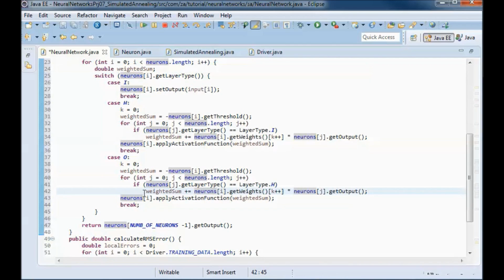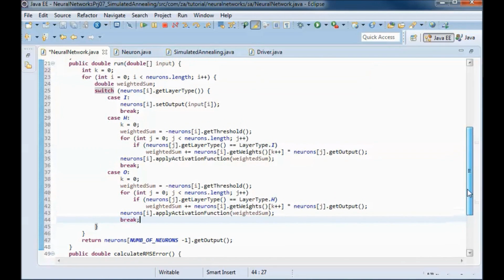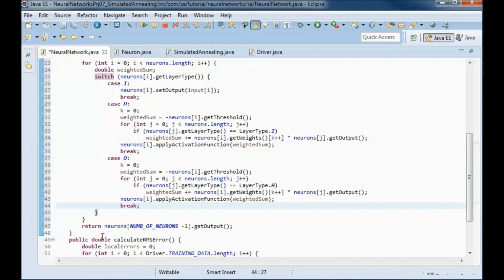And then we end up with a weighted sum that we pass to the apply activation function. And this run method returns as a result the output of the output neuron, so number of neurons minus 1.